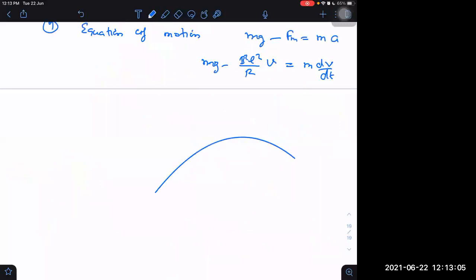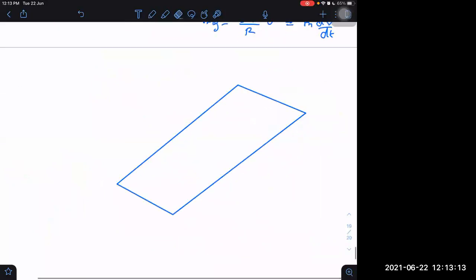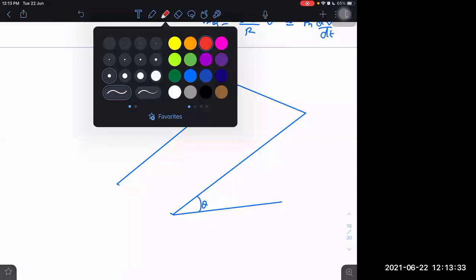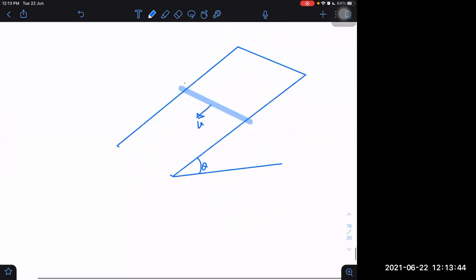Let me ask a simple question now. This rectangular frame, but it is not a closed loop, it is open only from below. It is like a wedge. This is theta angle, and magnetic field lines are there. This is a rod going downwards with velocity v. Magnetic field lines, in which direction do you want to take them?